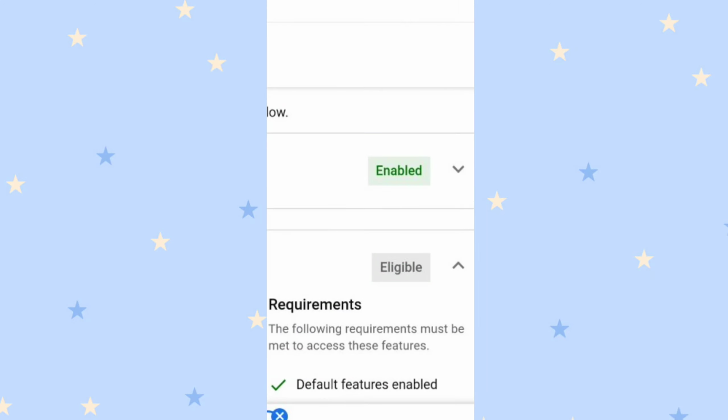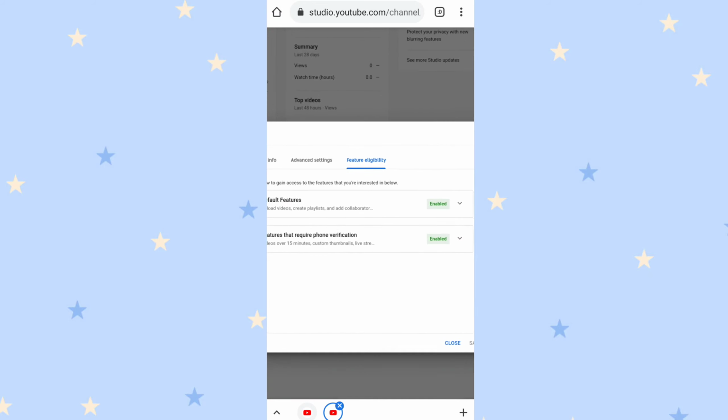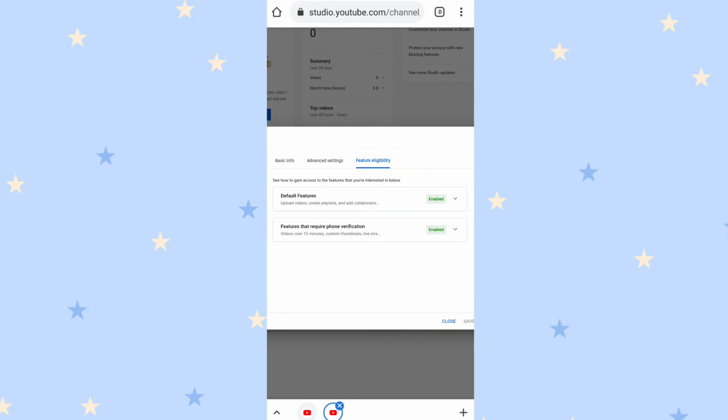So now to check it, you guys can see here before it was eligible and the first one was enabled. So now let's see what happened to our eligible button, and let's see if it's enabled or not. Now as you guys can see, both of the tabs are enabled.